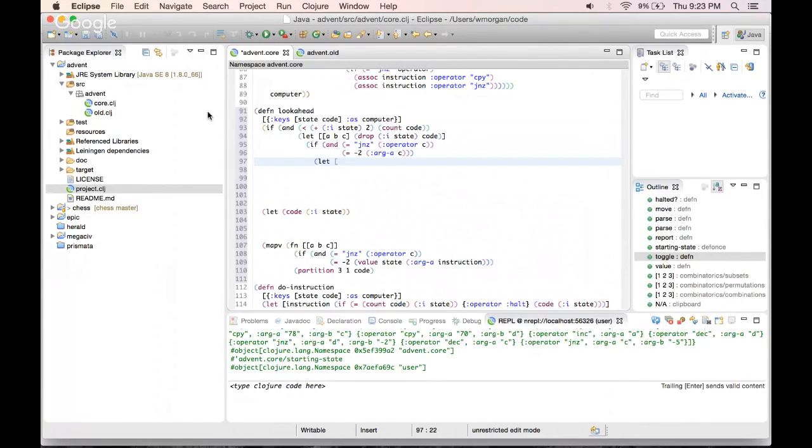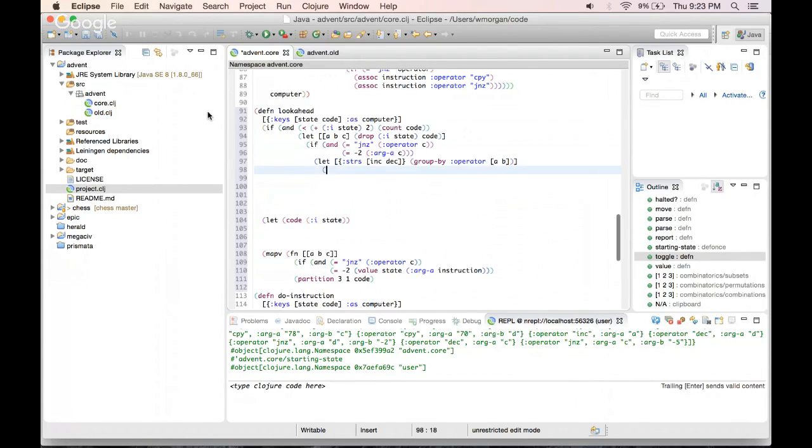Let the inc and dec be group by operator AB, like this. Then we need to say, if there's one inc and one dec, and